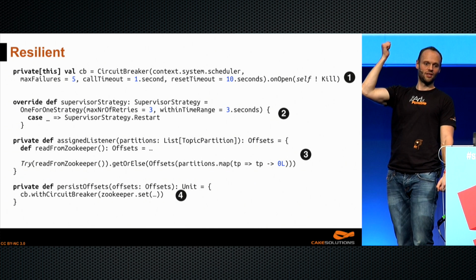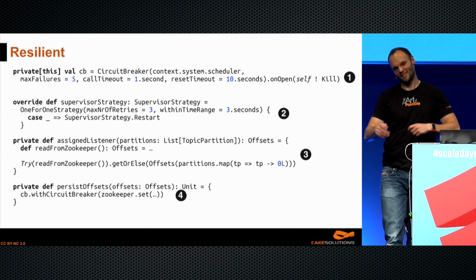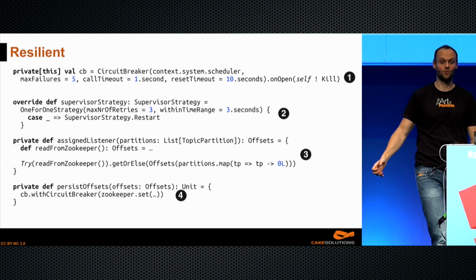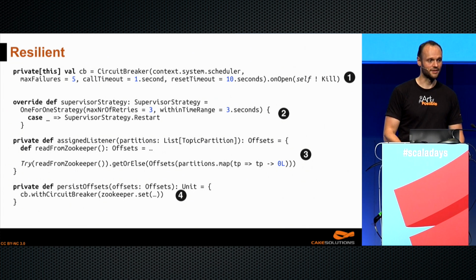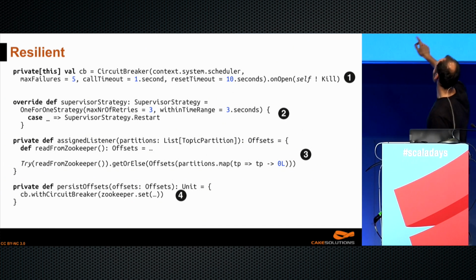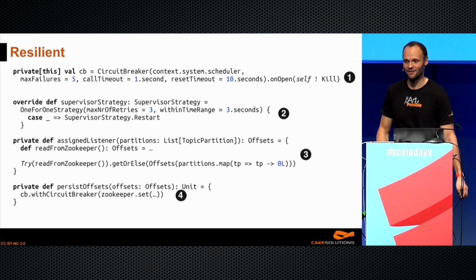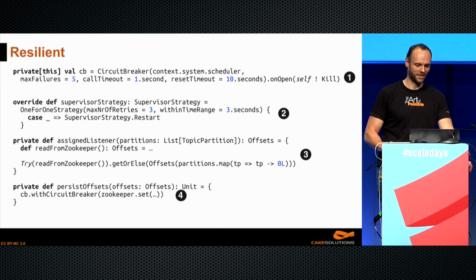We kill this guy, because we have a supervision strategy that says, here is how we deal with failures, and kill is the thing that triggers the supervision strategy. So these few lines of code give you a fairly robust way of detecting and recovering from failures. Even if stuff goes horribly wrong, your system can survive. And you have these tunable magic constants, like the timeouts and the number of retries. And you have this magical constant 0L at point number 3 that you can use to really tune how your system is going to deal with terrible crashes. But it will survive.